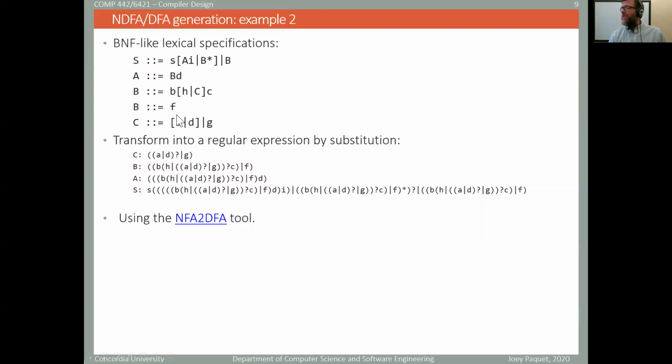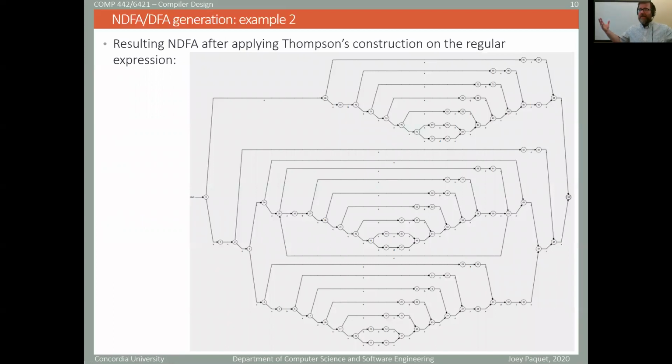So you have S followed by either A, which is this here, followed by I, or B star, which is B and then star, or B. So basically you generate the sub-regular expressions and you substitute them, and you come up with a single regular expression in the end, and that's what you input inside of this tool as I've shown before, and then you would get this gigantic